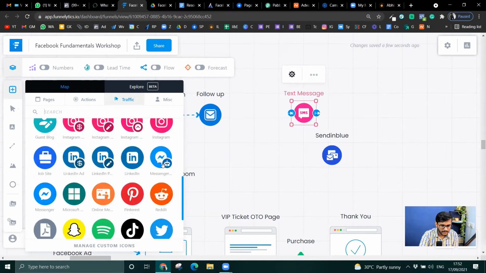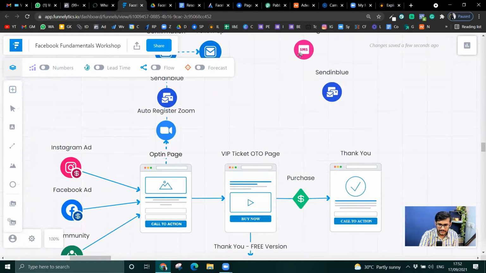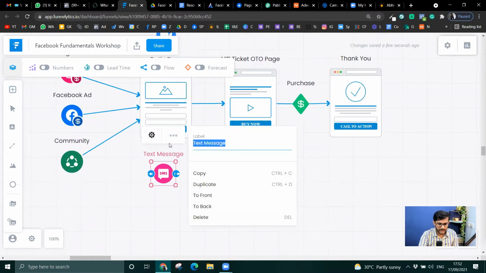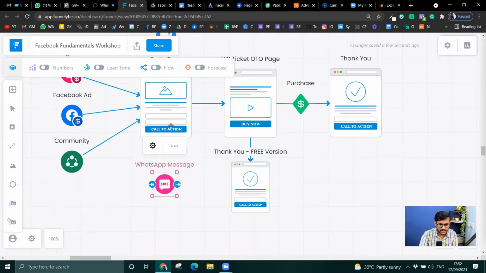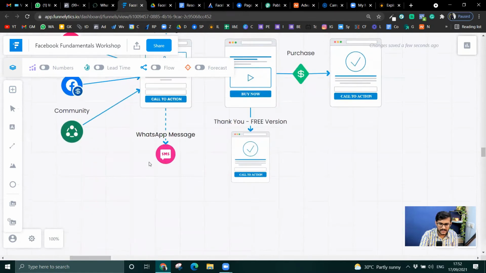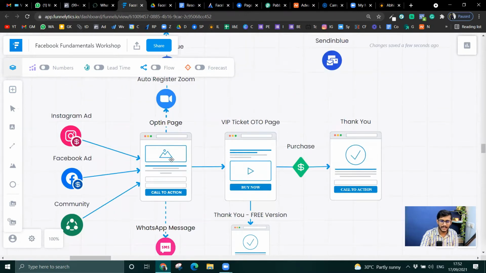Okay, here I want people, I'll just go down. I want people to get a WhatsApp notification, a WhatsApp message, right? So here what happens, as soon as they sign up for this, I want them to get a WhatsApp message as well. And again, the same sequence kind of follows with them as well, right? So I'm going to build these things with respect to the ones who just opt in from here.